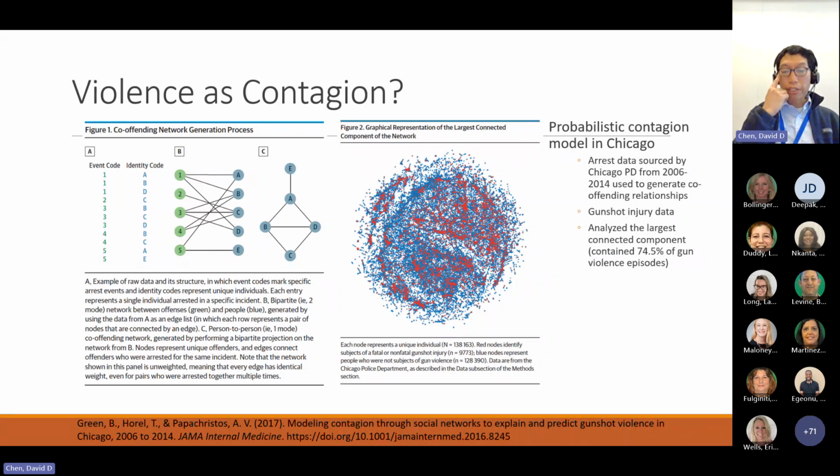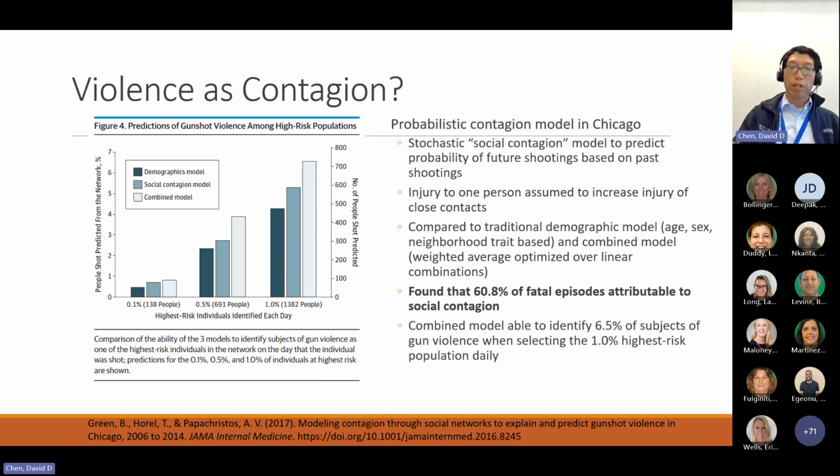And this landmark study in 2017 modeled this across the city of Chicago. What they found is that the most dense network was associated with the vast majority, 74%, of gun violence episodes. Moreover, they could begin to predict or attribute that social contagion in terms of its risk to any given person if one individual was then known to have a new incident. And so there's been a lot more talk and phrasing of it as a contagion. The problem with this is that now you begin to describe people as having behaviors that are infectious, and that has a tendency to potentially worsen a lot of the stigma that's already present when we talk about